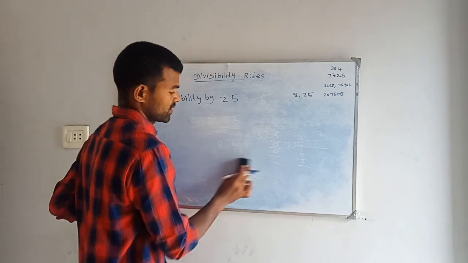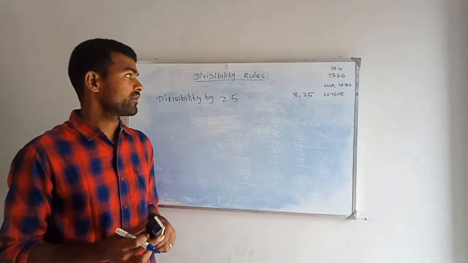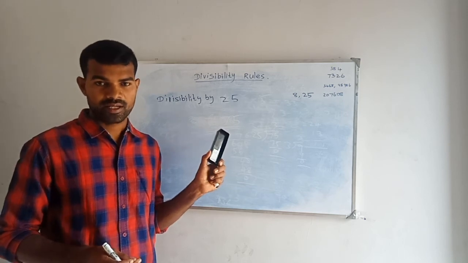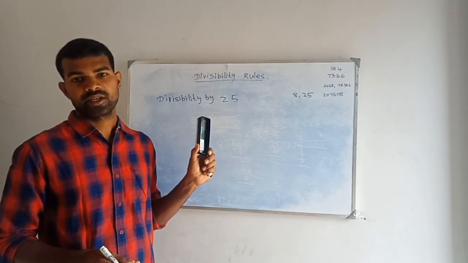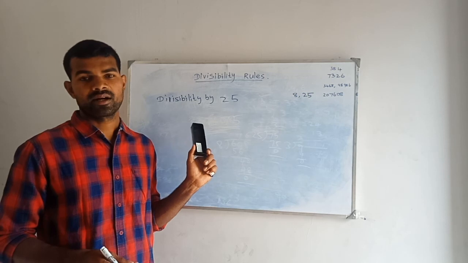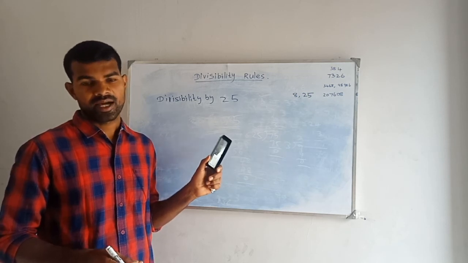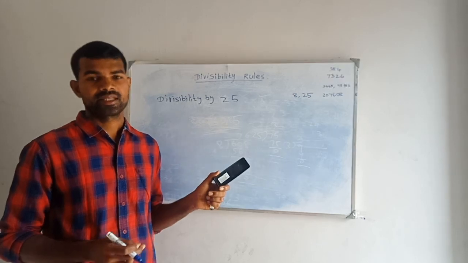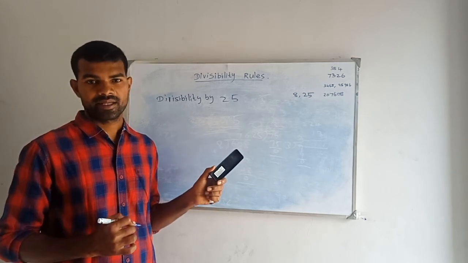Okay, students, till now we saw the divisibility rules. You have the books and copies with you. Just take your books and read all the rules again one more time and revise them, and whatever sums are given in that exercise, just do them and practice again and again.